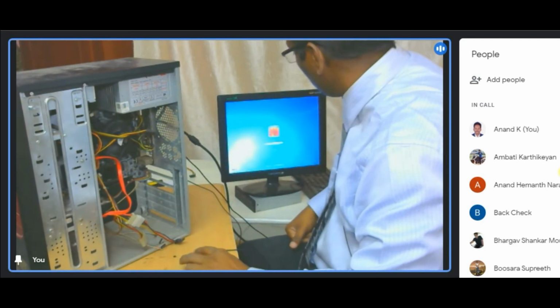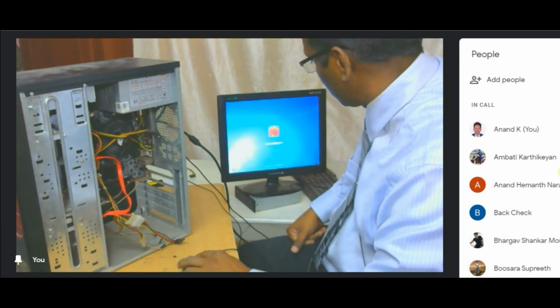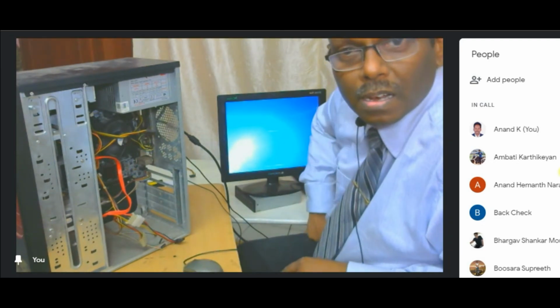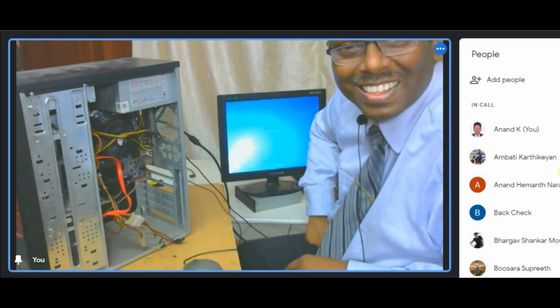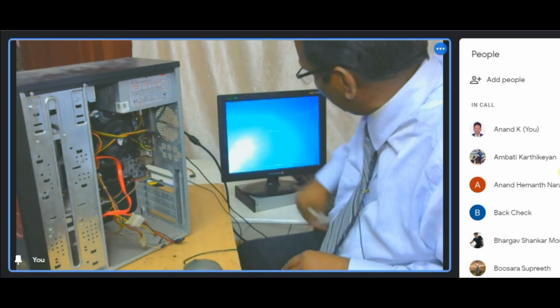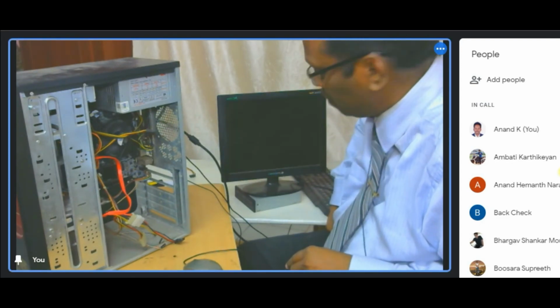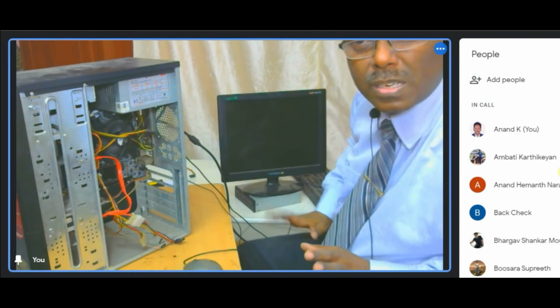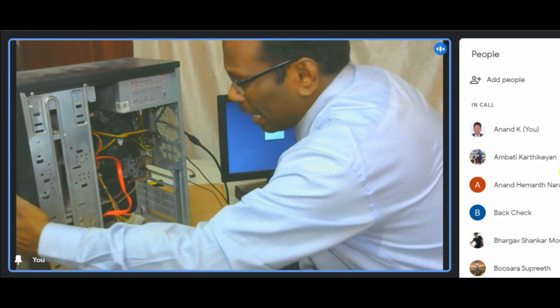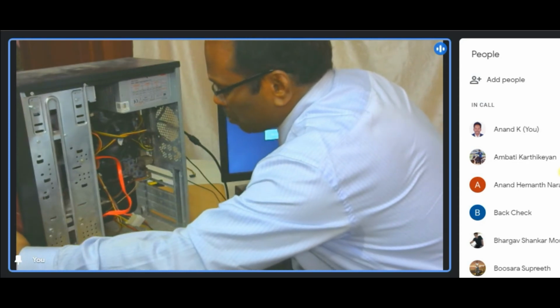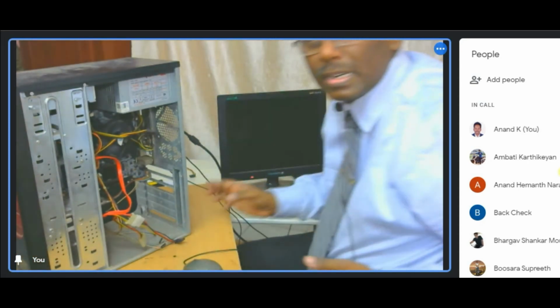So what I will do, I'll power off. So I'm shutting down. It has shut down. So next time when I want to power on, I can turn the power switch from the front panel. It is started now.